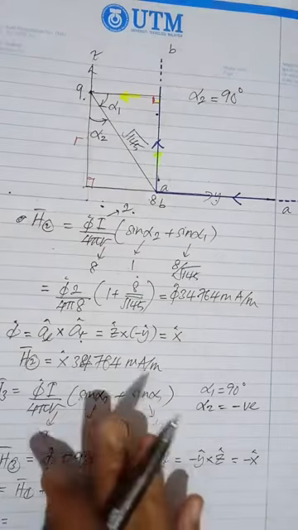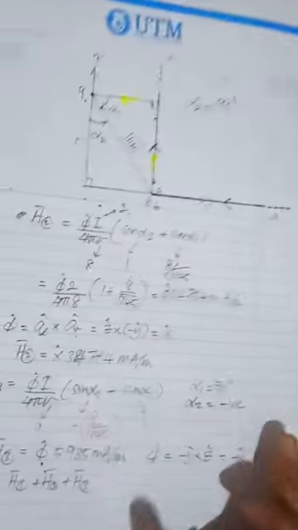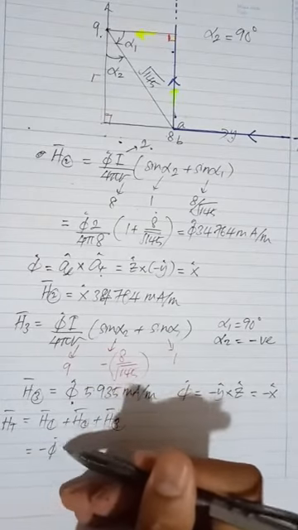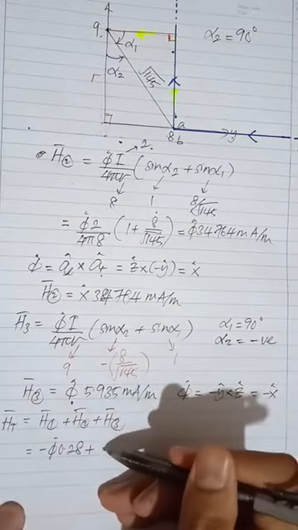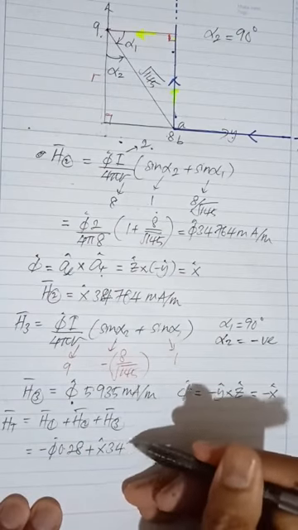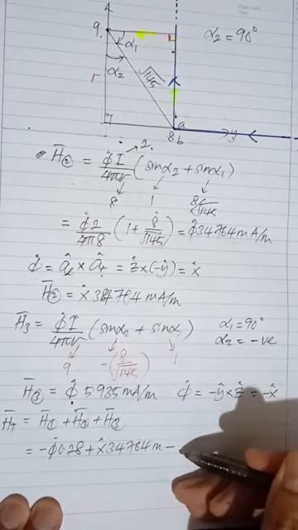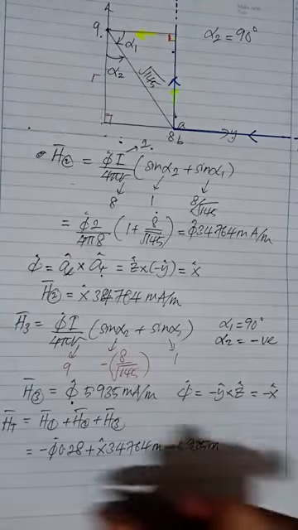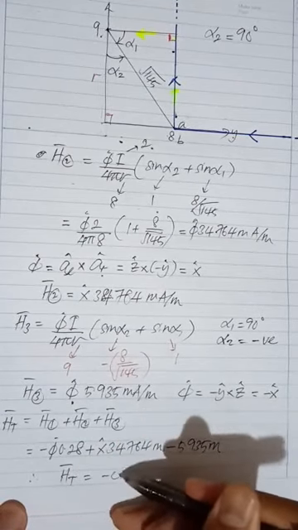The first one just now we have the value of, let me see, minus 0.28 phi, plus X component 34.764 milliampere, minus 5.935 milliampere, and you're going to have the total H field given as a